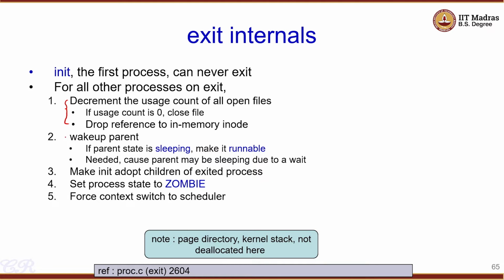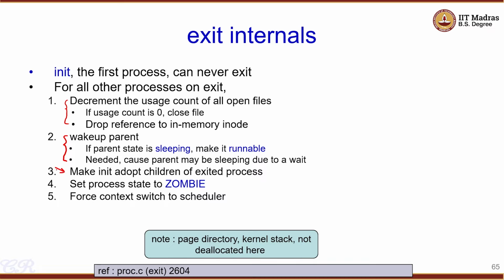Okay. So, exit would then invoke wake up the parent. Here it is assumed that the parent is sleeping because it has invoked the wait system call. So, the parent is blocked, and in the exit it would wake up the parent, so that now the parent moves from the sleeping state into the runnable state. Okay. Third,